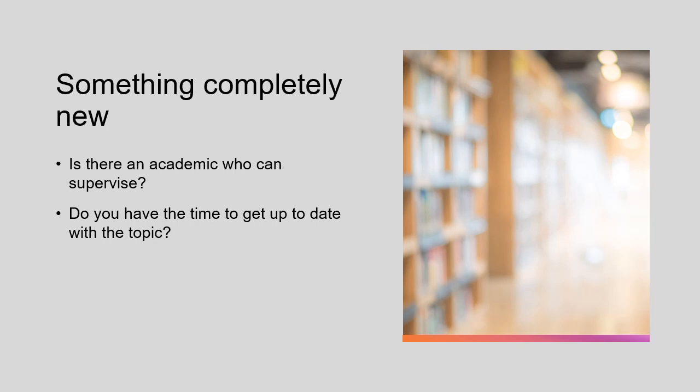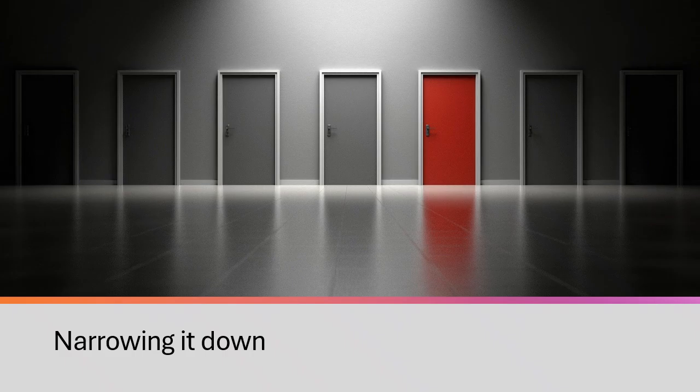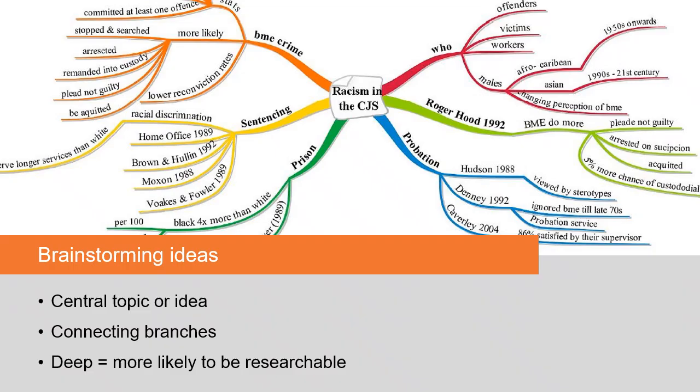It's also worth remembering that a completely new topic will require you to do a lot more reading in order to get a strong knowledge base for undertaking a dissertation in that area. Conversely, choosing from topics you've studied previously will mean that you'll already be familiar with key issues in the existing research literature and that there are lecturers who could supervise you. So by asking yourself these types of questions, you'll hopefully be able to draw up an initial list of potential topic areas.